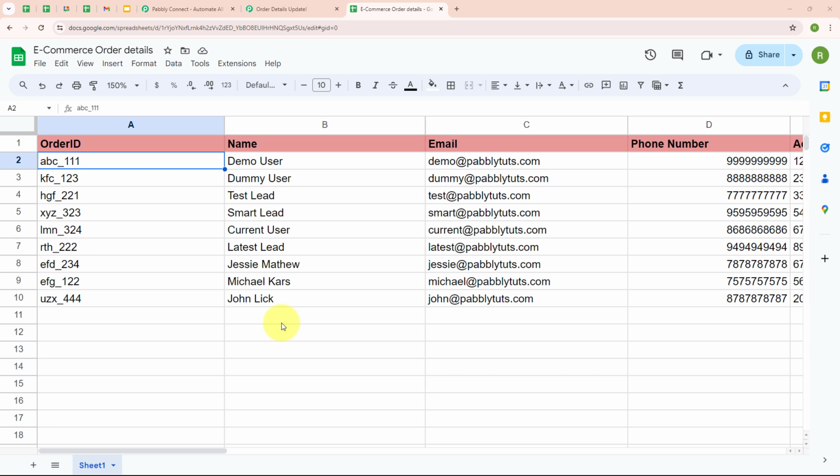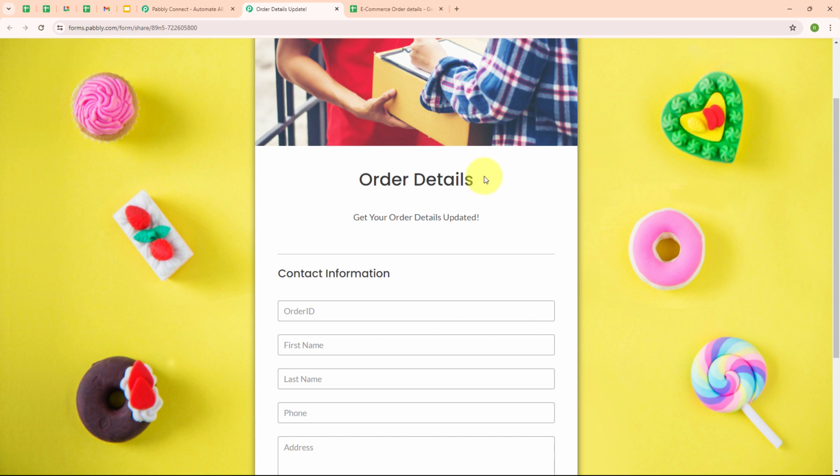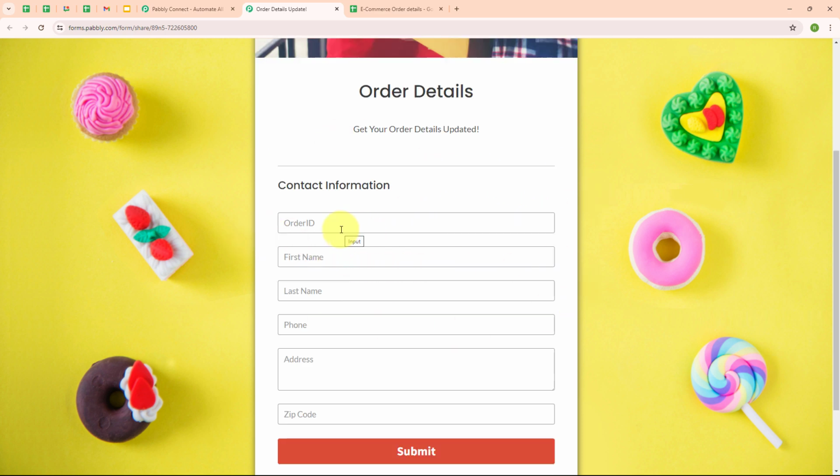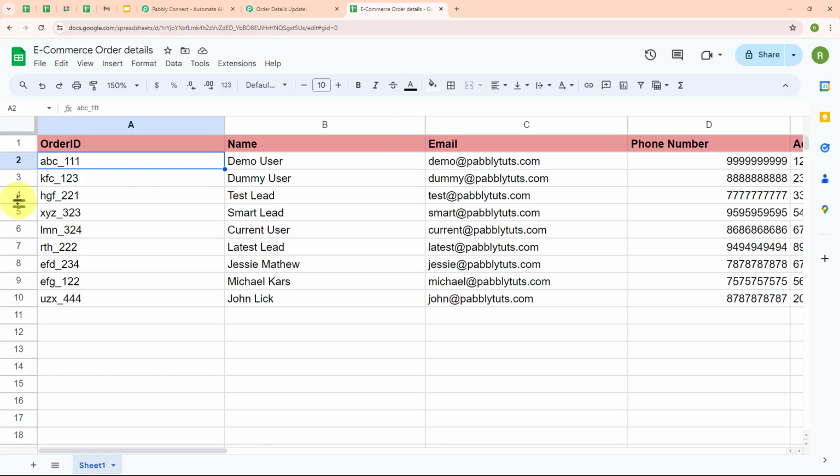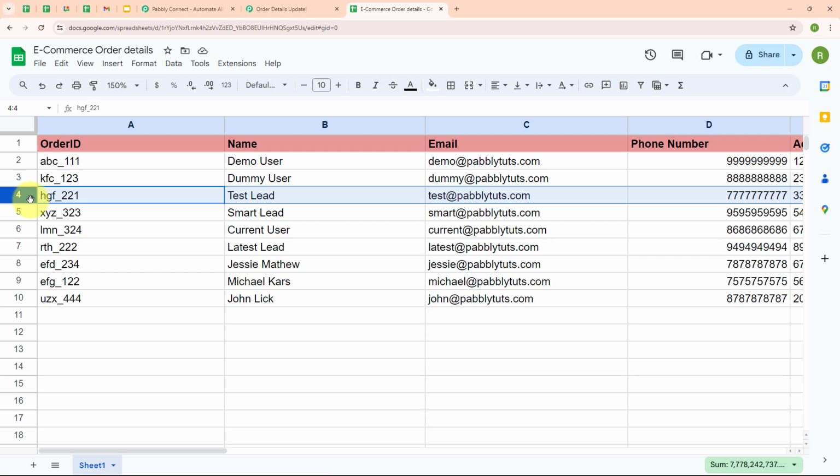Welcome to my screen. So here you can see a Google Sheet where I have received the order details of my customers. So here I have received the order details of the products which I am selling on my e-commerce platform. So here in this case I want whenever my customer wishes to update his or her order details, then he or she is going to fill a form which I have created using Pabbly Form Builder, where this order ID will be a static field and he or she can update other fields. So here in this case I want whenever a form is filled by my customer, automatically according to the information received, it should search for the value in my Google Sheet, and after searching for that row value, automatically the values of that row should be updated.